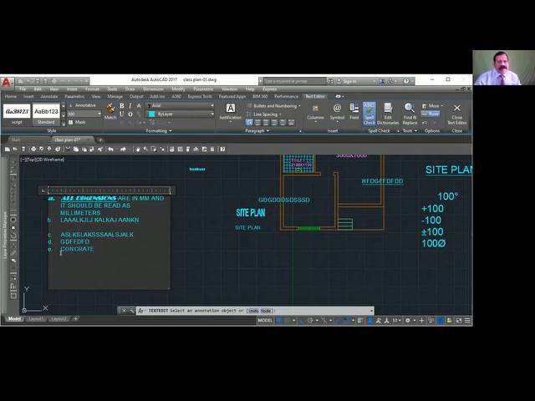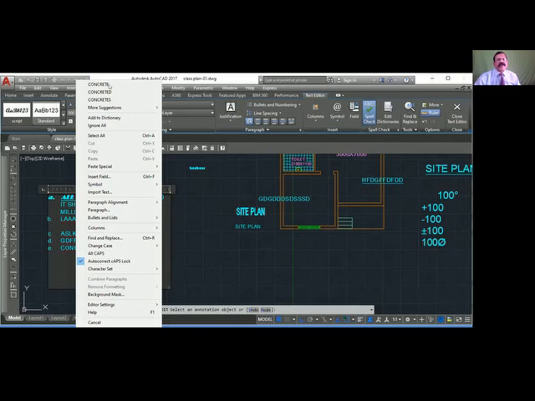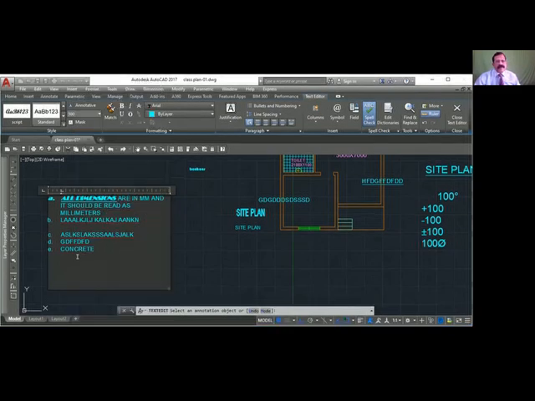You see that concrete is underlined because the spell checking is on. You want to check the spelling, keep the spelling on. Right click. You get the correct one. Concrete. So you can correct this also using the spell check.